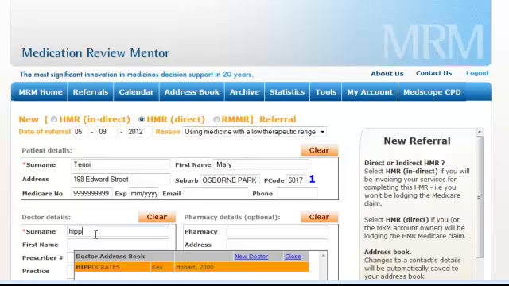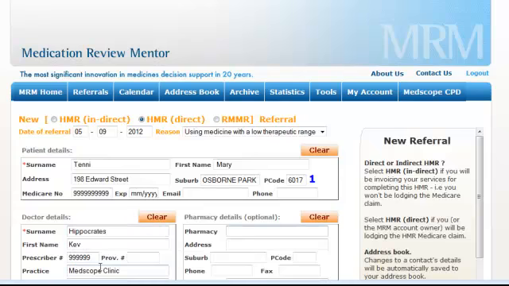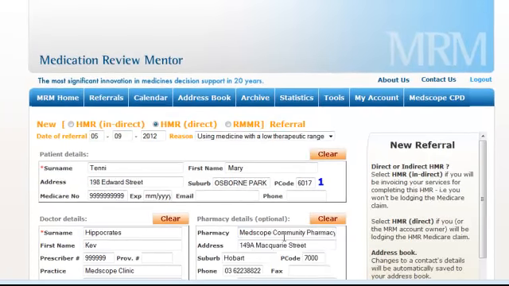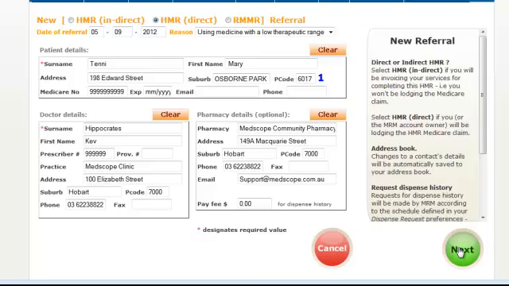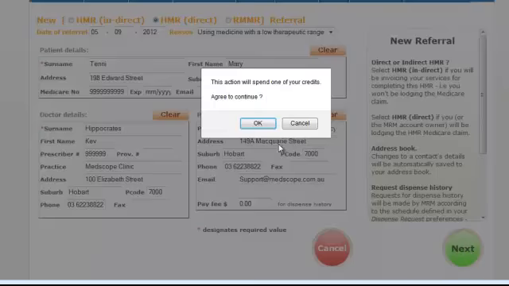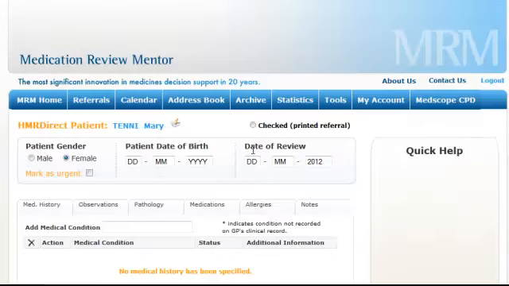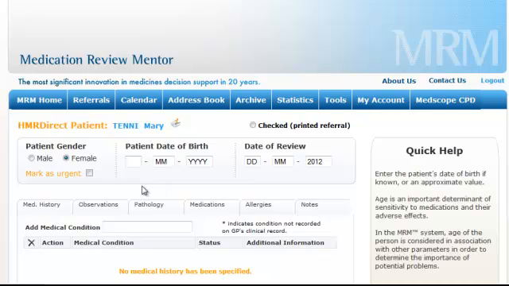The same applies to doctors. If they exist, you can just select them and they're already in there, and the same applies to pharmacies. So click next. Based on the referral, you can then add further